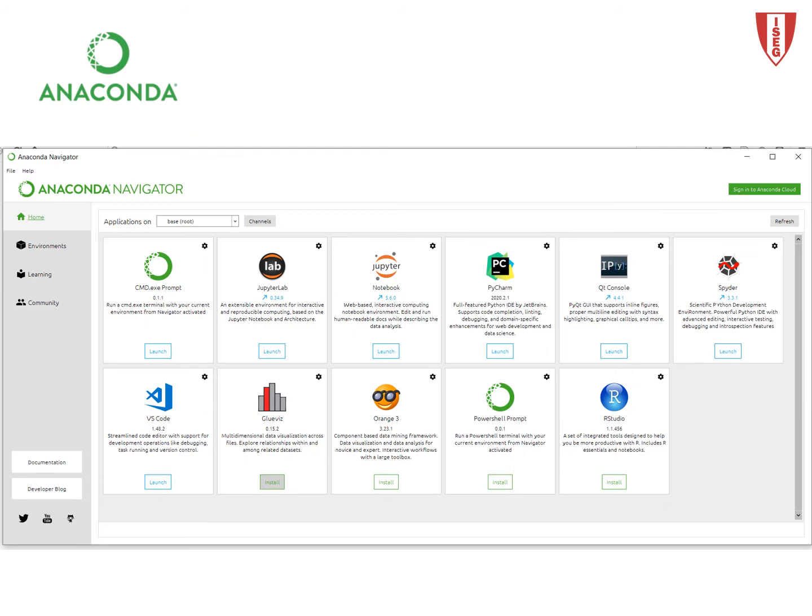Anaconda is a free and open source distribution of Python and R programming languages for scientific computing. It is specially fit to data science, machine learning applications, large-scale data processing, and predictive analytics, for example. It aims to simplify package management and deployment. Anaconda also has a navigator that allows to easily access several tools like Jupyter and VS Code.